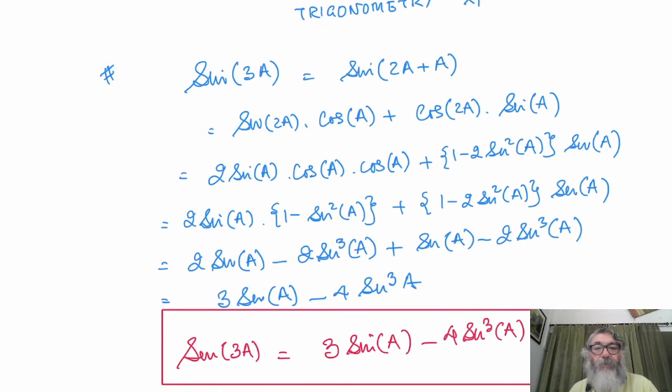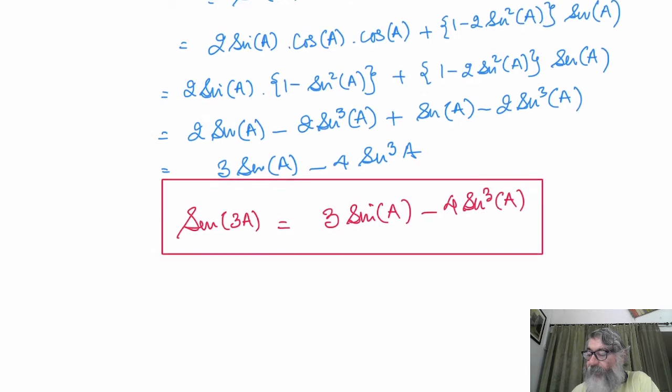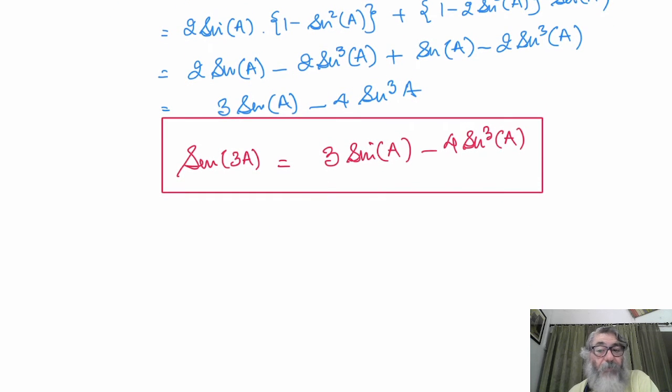We know what sine 2a is. Sine 2a is written as 2 sine a cos a into cos a, and cos 2a is written as 1 minus 2 sine square a. I chose to write it in terms of sine. I want to convert everything into sine, so that the final answer comes in terms of sine. Now next step will be 2 sine a, cos a will multiply and become cos square a. So cos square a can be written as 1 minus sine square a. And then we open up the bracket, combine the like terms, we get sine 3a as 3 sine a minus 4 sine cube a. The formulas have to be remembered.